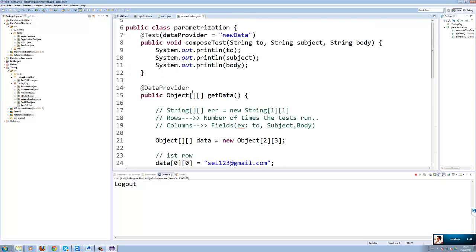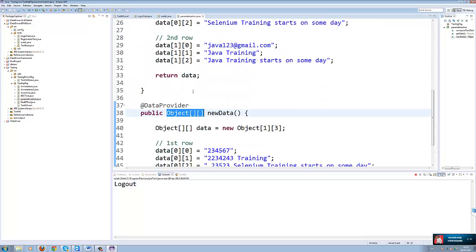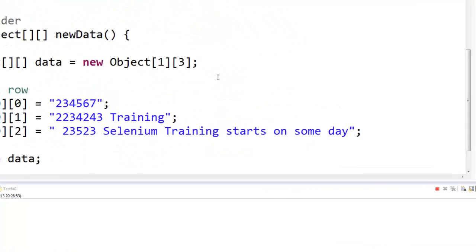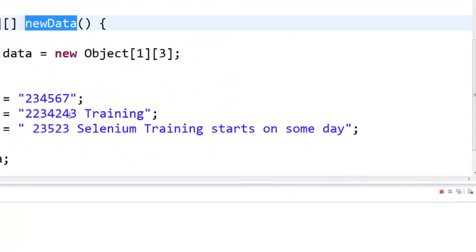We'll get the data. Sorry, we have two data providers here. So the object array will go here and it will substitute these values over here automatically, because we gave dataProvider equal to new data over here. What is new data? New data is nothing but this one, the function name. The same we are going to do with